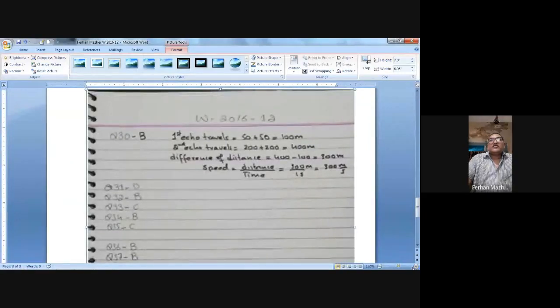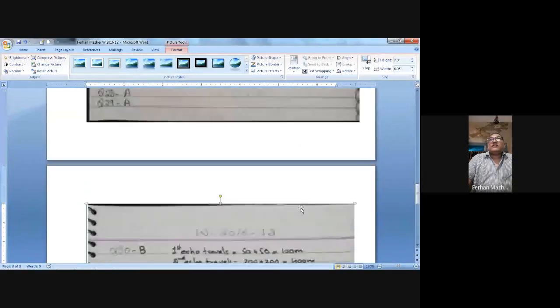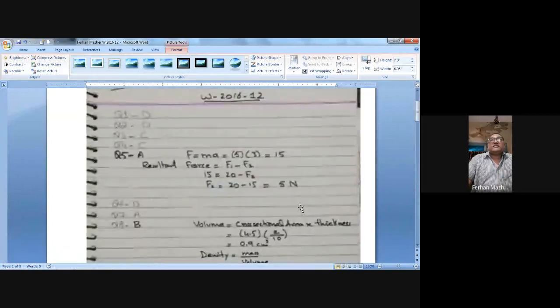Okay, so let me go to the page. Yeah, this is here. So first of all, F is equal to ma. 5 is the mass, 3 is the acceleration. So the 15 Newton is the resultant force. Because the resultant force is less than the applied force,